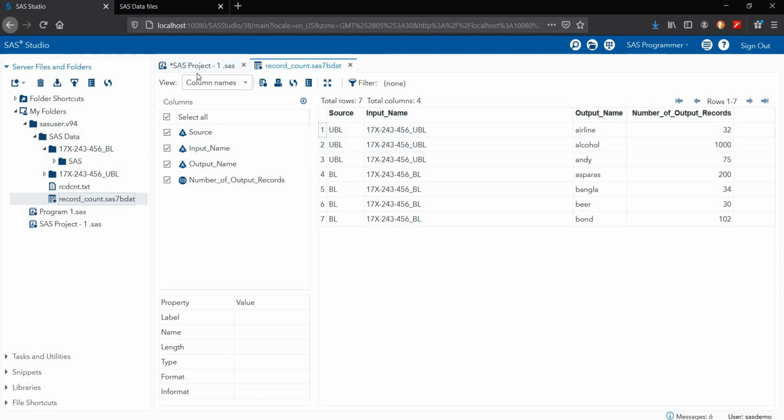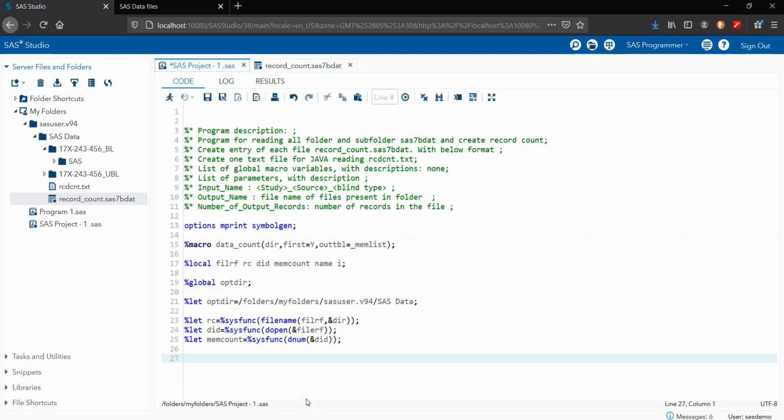For the input variable I'm using %let input_name is equal to %scan.